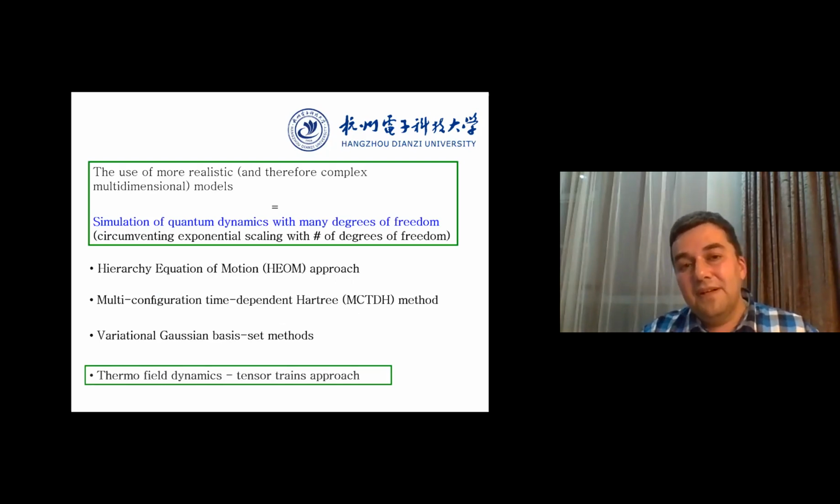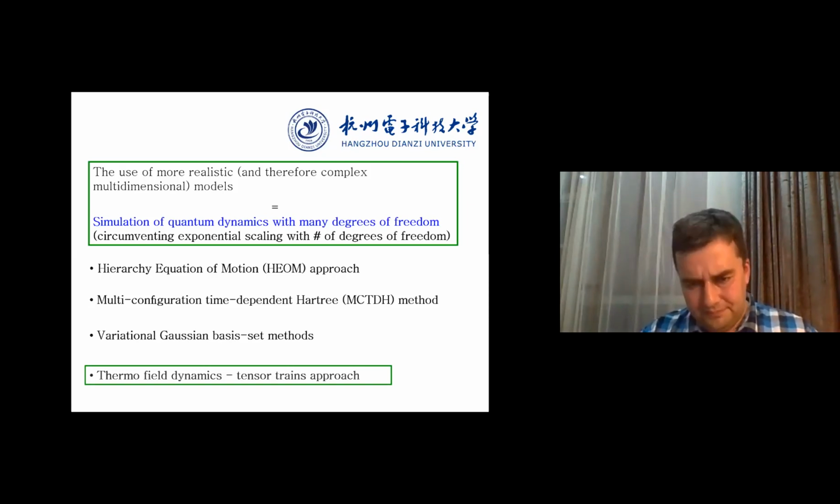If we consider Hamiltonian dynamics, then probably MCTDH is the most powerful and the most popular approach. But quite surprisingly, MCTDH wasn't applied so frequently to the evaluation of spectroscopic signals. People just prefer to calculate quantum dynamics. And of course, there are various Gaussian basis set methods, like Gaussian MCTDH, Davydov Ansatz methods,